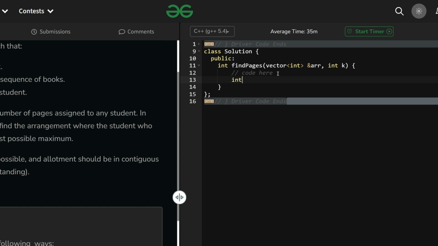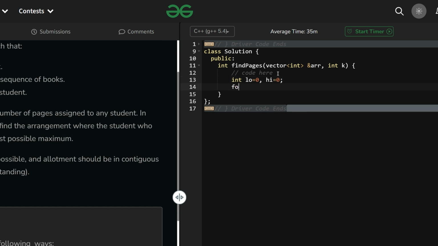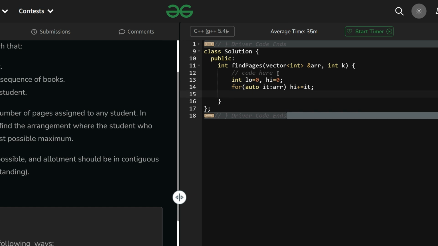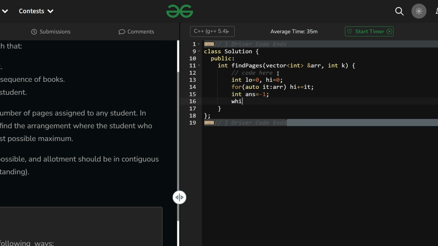Alright, so what will I do? Int low equals 0, high equals 0, and I will just calculate the sum into the high. So for auto it in ARR, high plus equals it. So high contains my sum. Now my int answer equals minus 1. While my low is less than or equal to high, a standard binary search procedure,